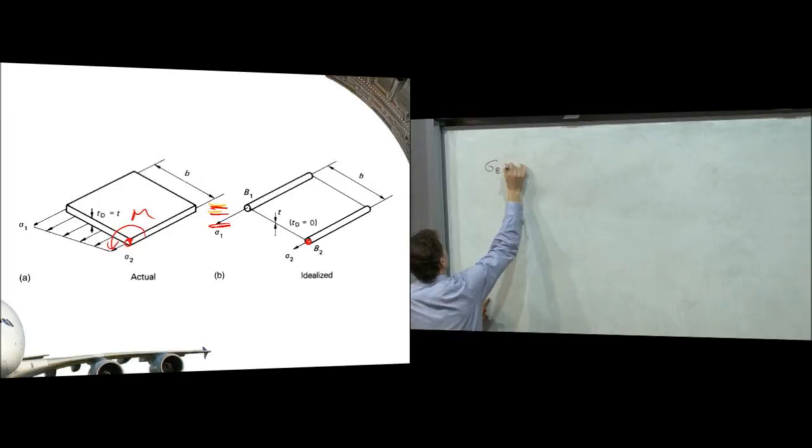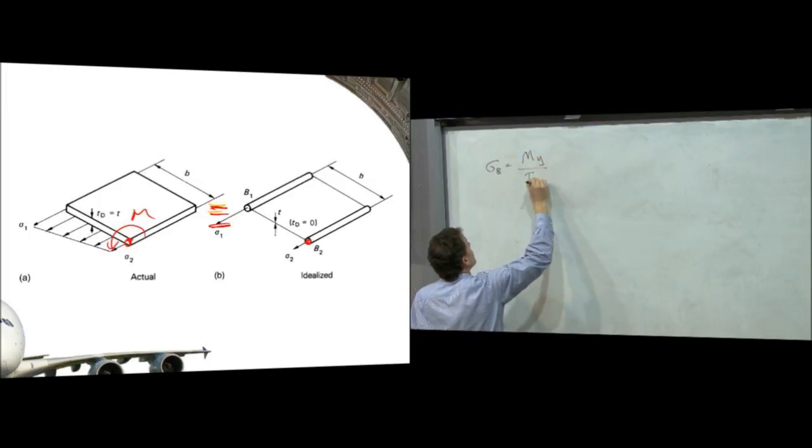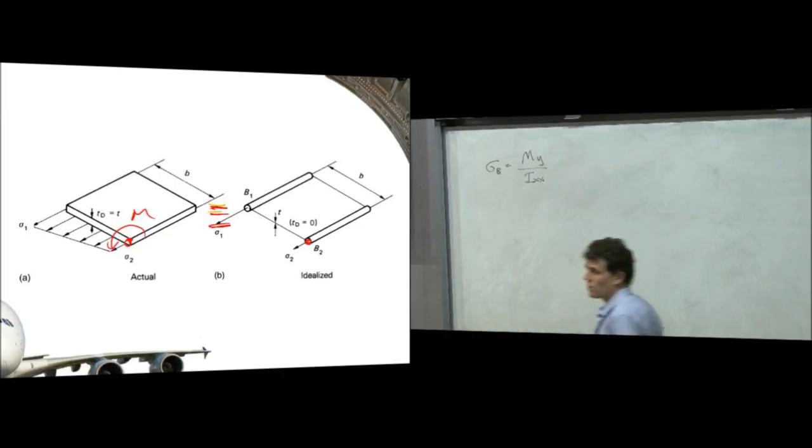our sigma bending for a simple symmetric problem is My on Ixx. So the bit in here that we're interested in, sigma 1 over sigma 2 or sigma 2 over sigma 1,